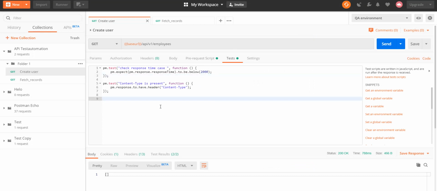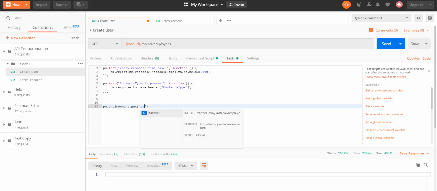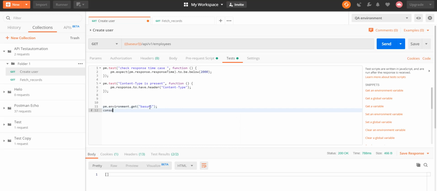Now if you want to use any environment variable, we have pm.environment.get, and then inside it you need to give the variable name. And if you want to see, I can show you. URL is